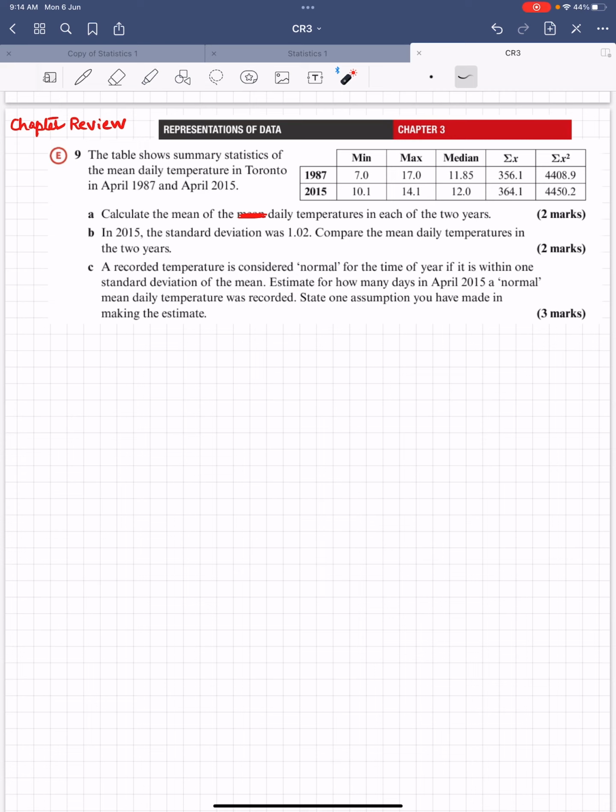So, in the question, we are already given sigma x, and we know that the total number of days in April is 30. So, we can find the mean for the year 1987. So for the year 1987, the mean is 356.1 divided by 30, which is equal to 11.87. For the year 2015,